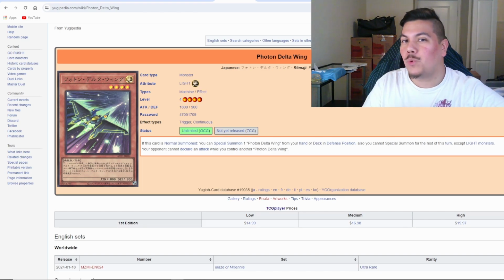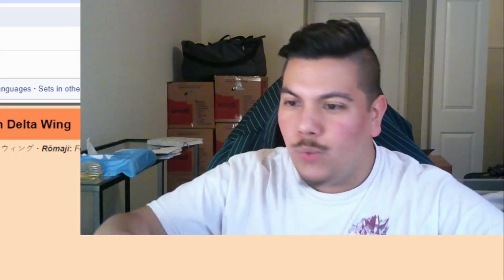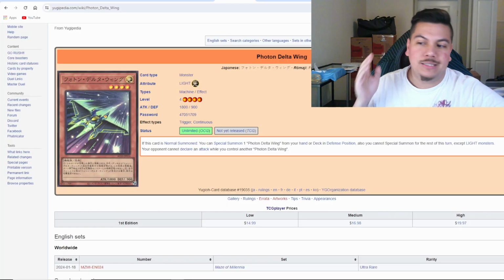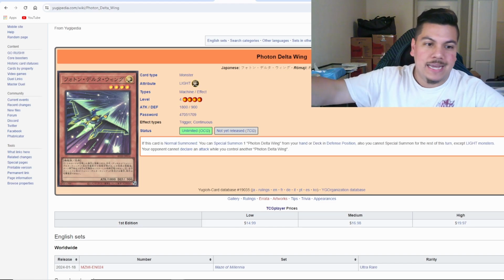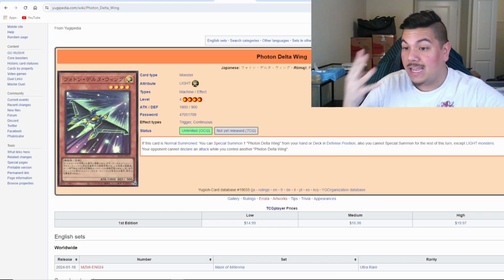You just want to not let your opponent do anything, whatever it might be. I think it's gonna be pretty cool. So this card reads, if this card is normal summoned, you can special summon one Photon Delta Wing from your hand or deck in defense position. So whatever, you have a 1800 attack and 900 defense monster, both level 4, so you can go into some XYZ